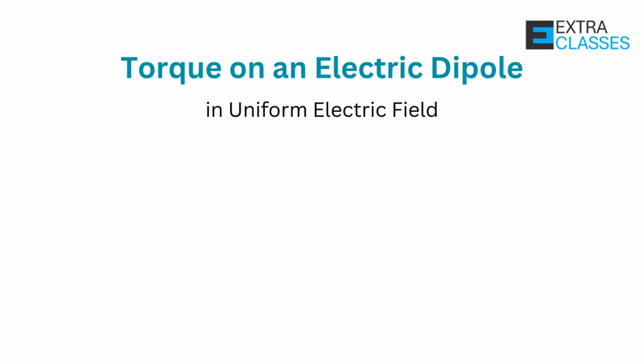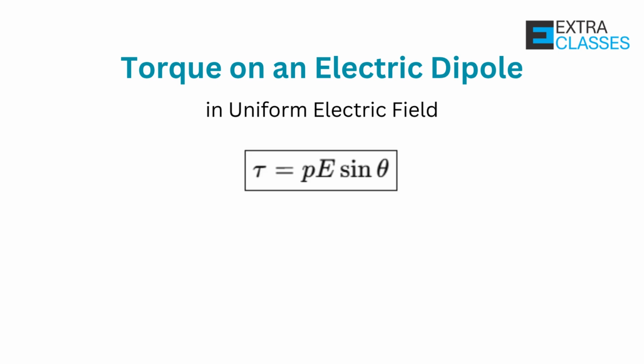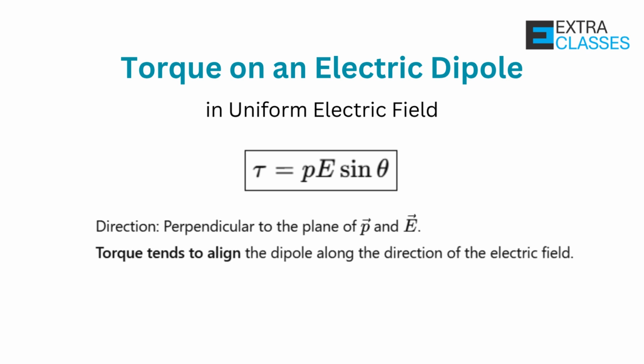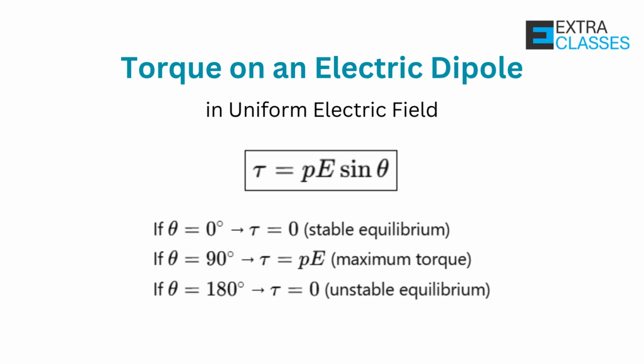Let us understand torque on an electric dipole in uniform electric field. When a dipole is placed in a uniform electric field E, making an angle theta with P, then tau is equal to P E sin theta, where direction is perpendicular to the plane of P and E, and torque tends to align the dipole along the direction of the electric field. There are certain special cases when theta varies from 0 to 180 degrees, and these are stable equilibrium, maximum torque,